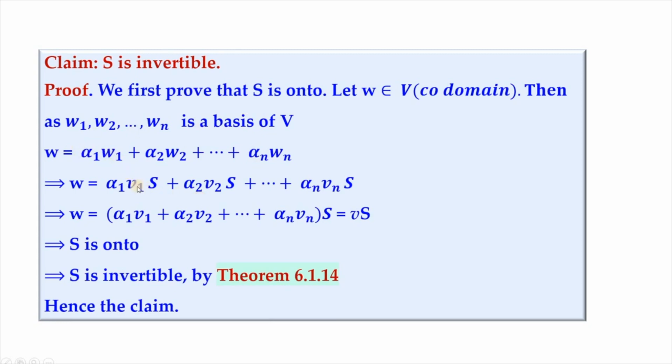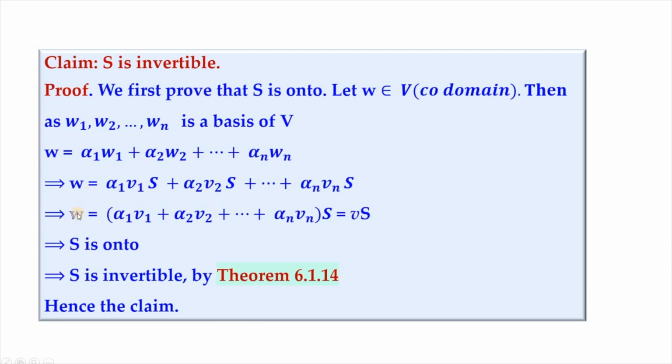And these wi stand for images of vi. So w1 is replaced by the image of v1 under S, and w2 is replaced by the image of v2 under S, and so on. wn is replaced by the image of vn under S. Now because S is a homomorphism, we have this rewritten as the image of alpha1 v1 plus and so on alpha n vn under S, which, because it is a linear combination of the basis elements v1 etc. vn, for convenience can be taken as some small v.